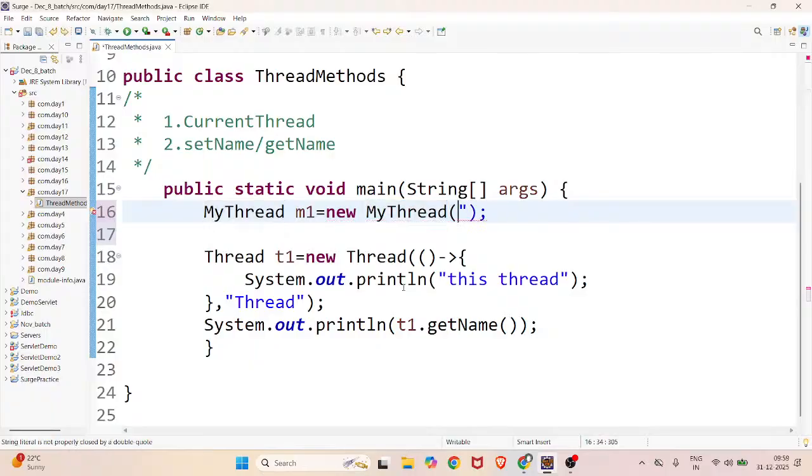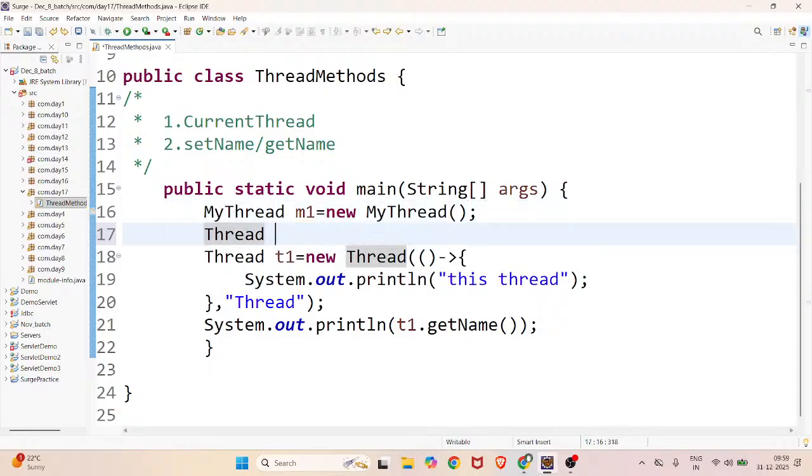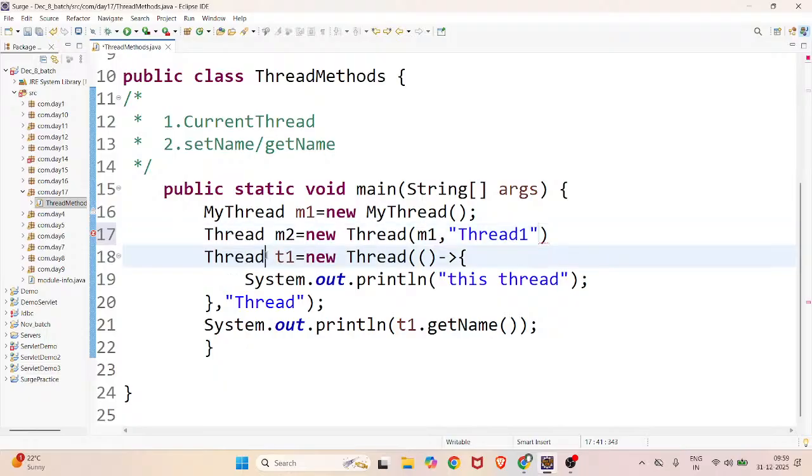Or else simply you can do one thing here in the thread m1 itself, or else m2, here new Thread of, in this Thread you are passing the object, right? In the object you are allocating the name for that thread. My thread will be thread 1, suppose. That means thread actually contains the set method, so for the thread you have to pass the value which you have to set. So you can simply print that m2 dot getName,